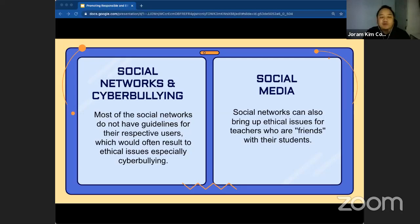Again, of course, when we talk about social media, it also brings up ethical issues for teachers who are also friends with their students. Baka mamaya, let's say for example, si teacher nag-public post. Sabihin natin, pumunta ng gathering. Kung nagkaunting wine, nagkaunting, for example, liquor. Syempre tayo, nasa edad naman na tayo, so why not? But of course, if the students would be seeing that, the students might not understand bakit tayo pwede at bakit